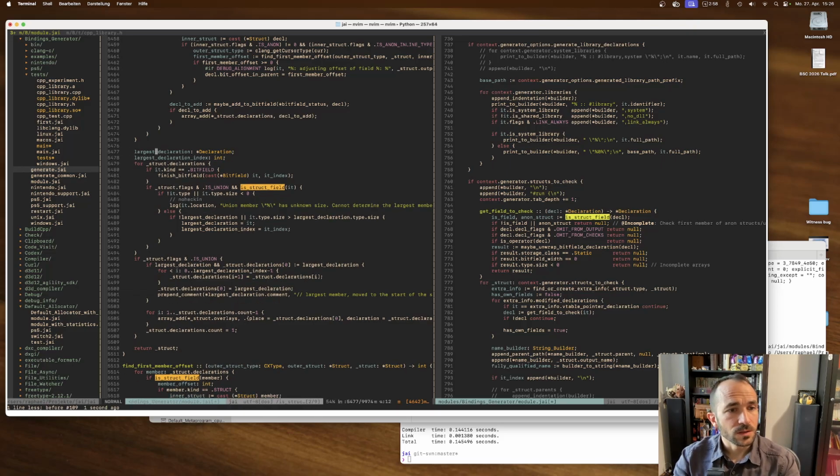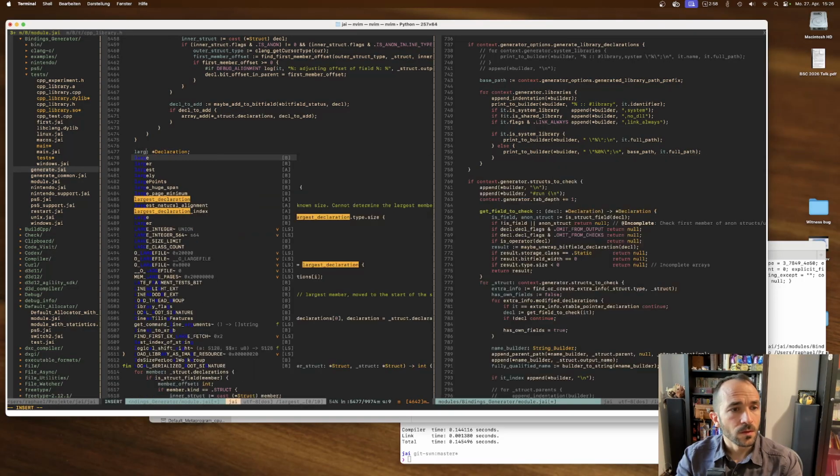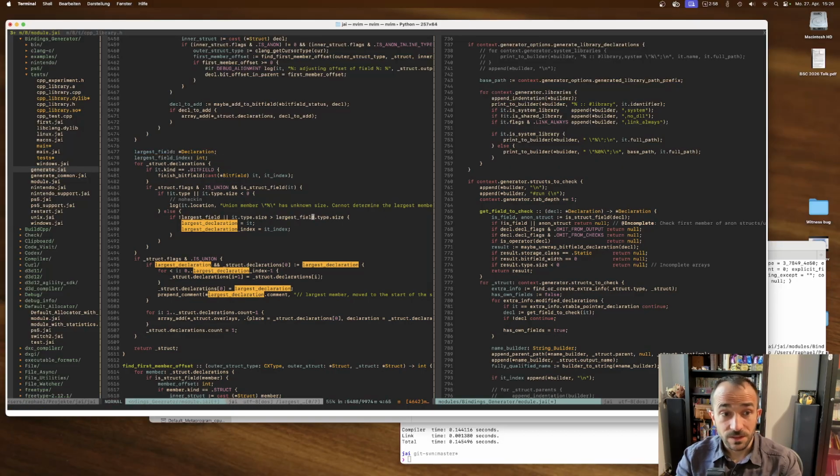So we'll call this not largest declaration, largest field. That makes everything more obvious. And if we have largest field and wait, we shouldn't,